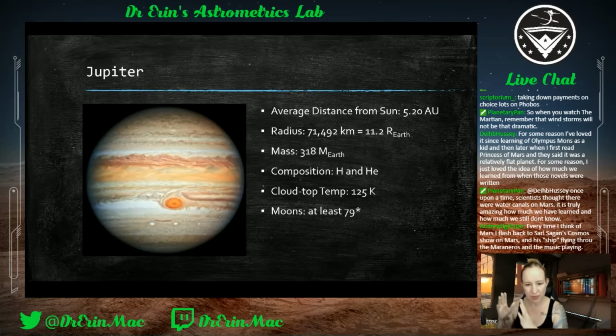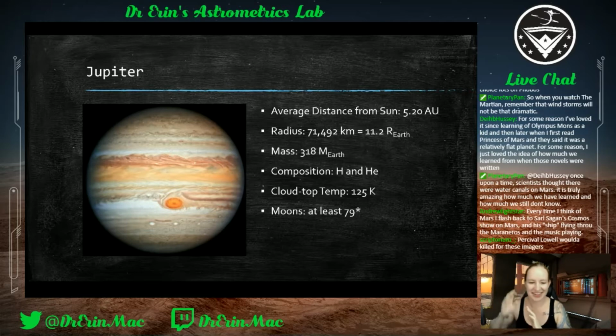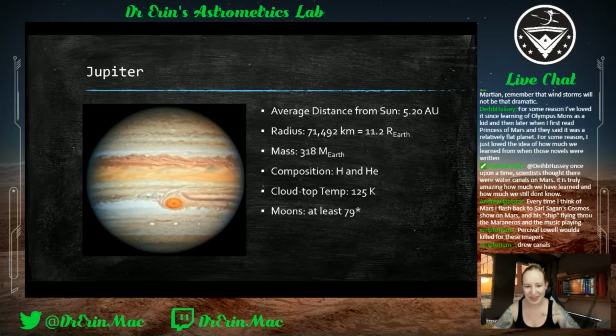So in between here, yeah, the old Cosmos show for sure. And yeah, poor Percival Lowell. He was the one who, did he discover Mars? No, he discovered Pluto. Which was Percival Lowell? I'm not a historian. Damn it. I'm an astrophysicist, not a historian. That's right. Thank you. I knew that.